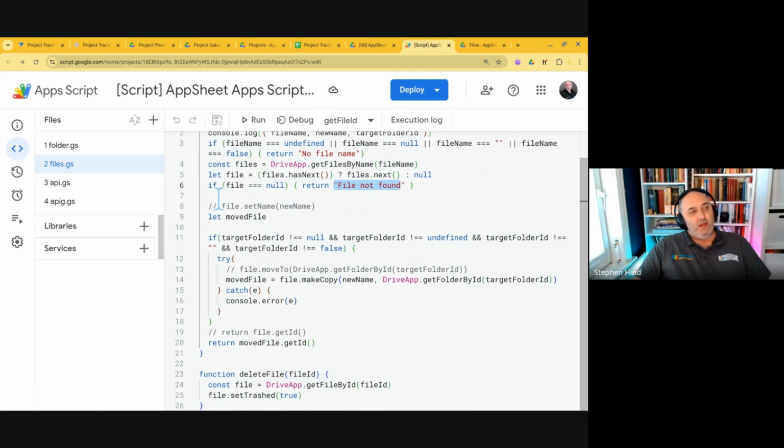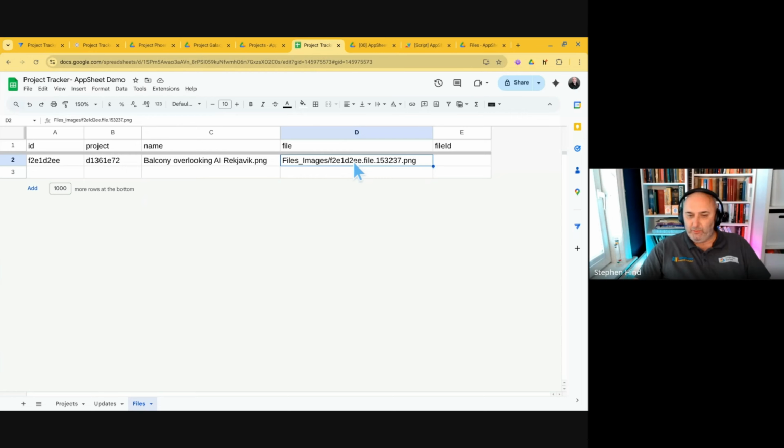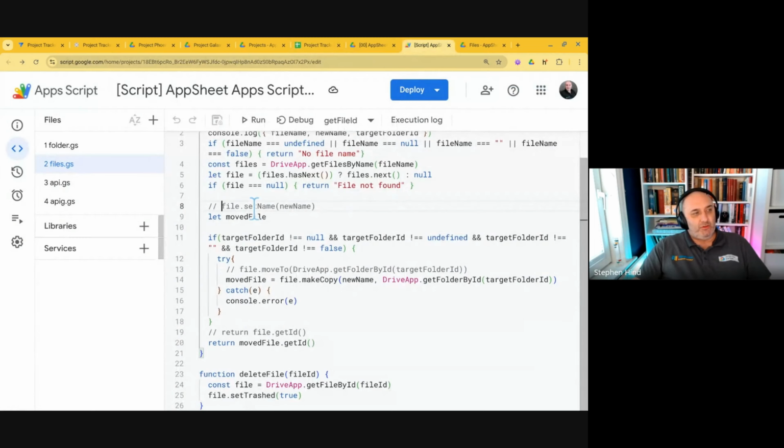Now you can see I've put in some commented out code here because there's different ways you could do this if you want to. For instance, we could just immediately set the name of the file name. Now, the issue with setting the name of the file name is that AppSheet won't be able to find it anymore because it won't be following this format. If we rename it, it's not going to have this name, so it's not going to find it. So what I decided to do in the script instead is I'm actually going to move the file. I'm going to copy the file to somewhere else. And so I've got it in the right folder. The original file's where it was. This one isn't. It's going to be somewhere else. So you can see there,